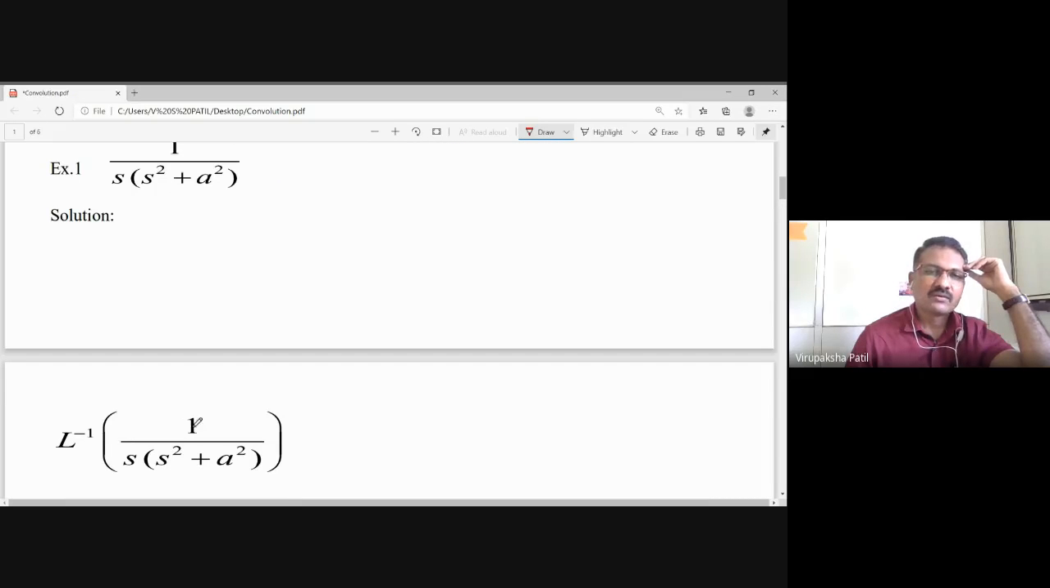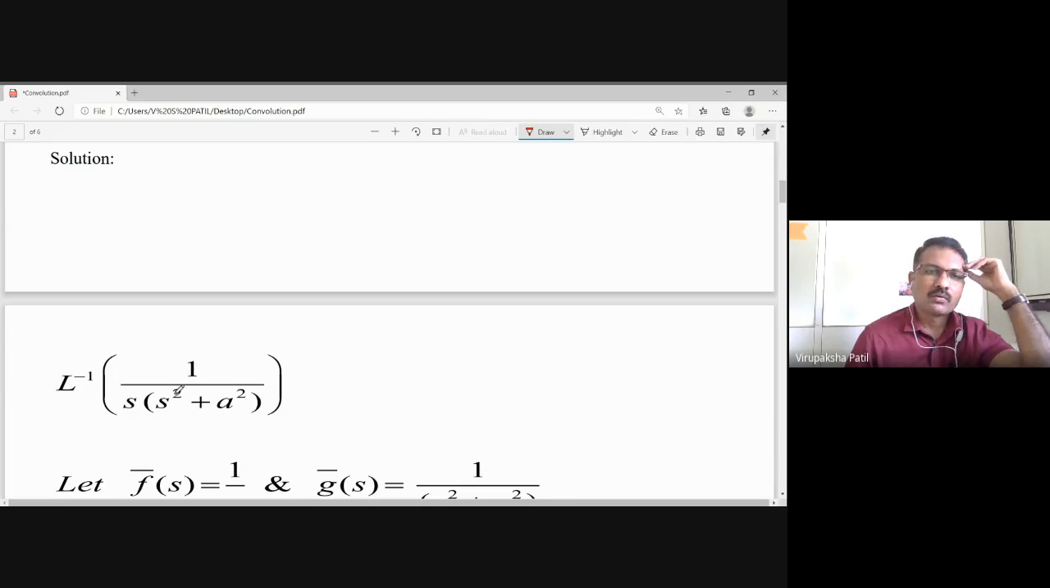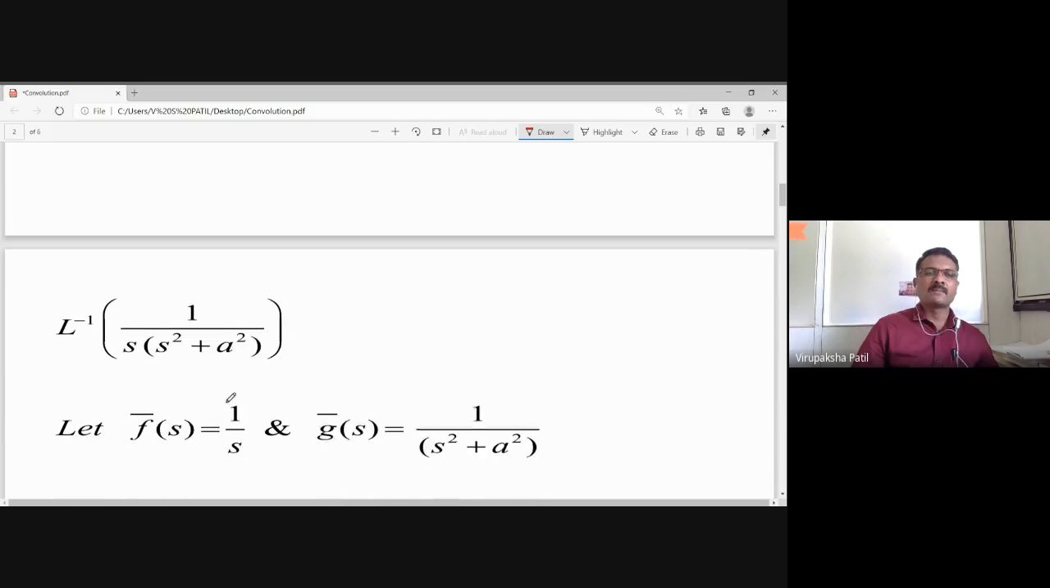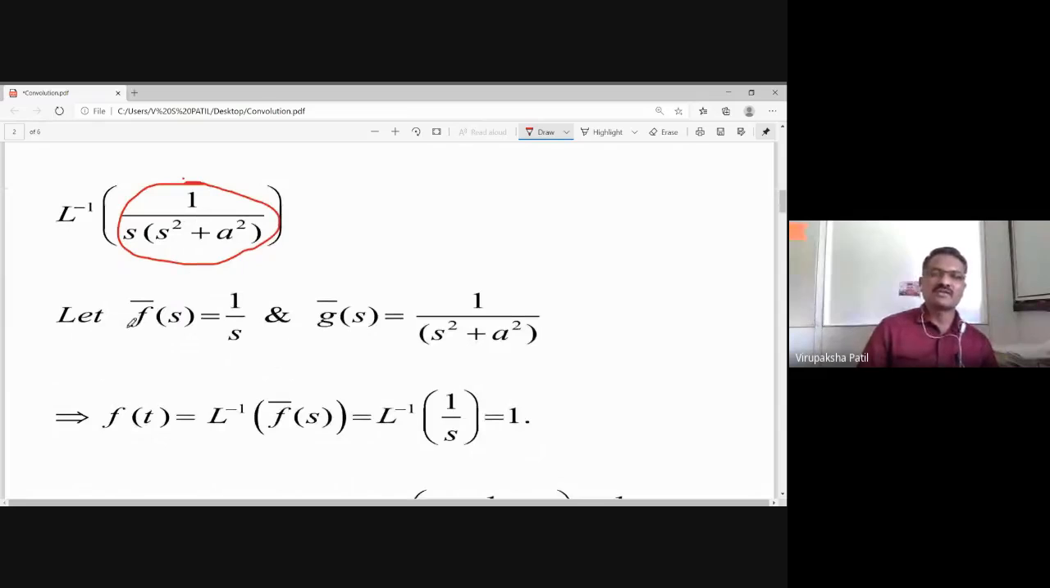Therefore, L inverse of 1 divided by s into bracket s square plus a square, you have to find the inverse. Now, since this is a product, we have to express it in terms of two functions so that if you multiply those two functions, the original thing remains as it is. So we will choose f bar s